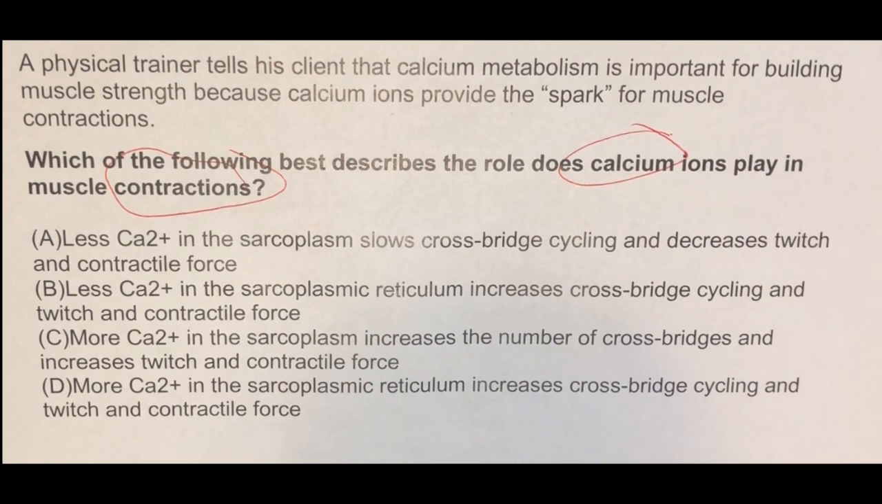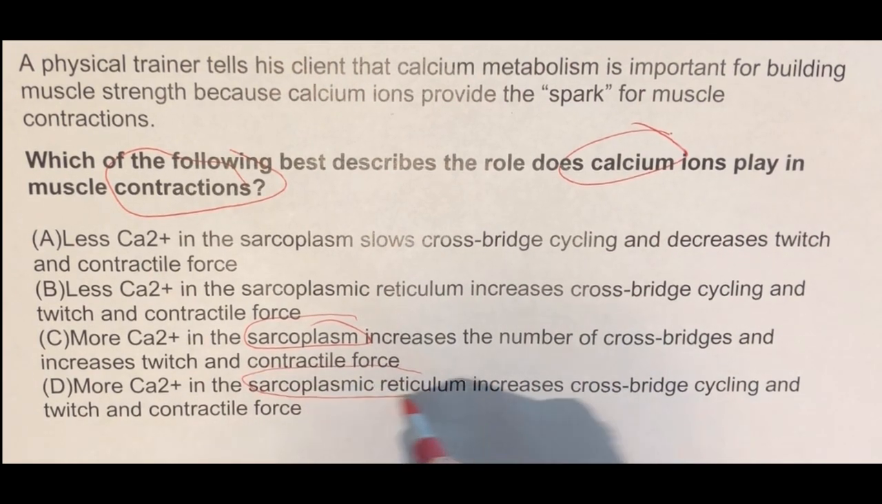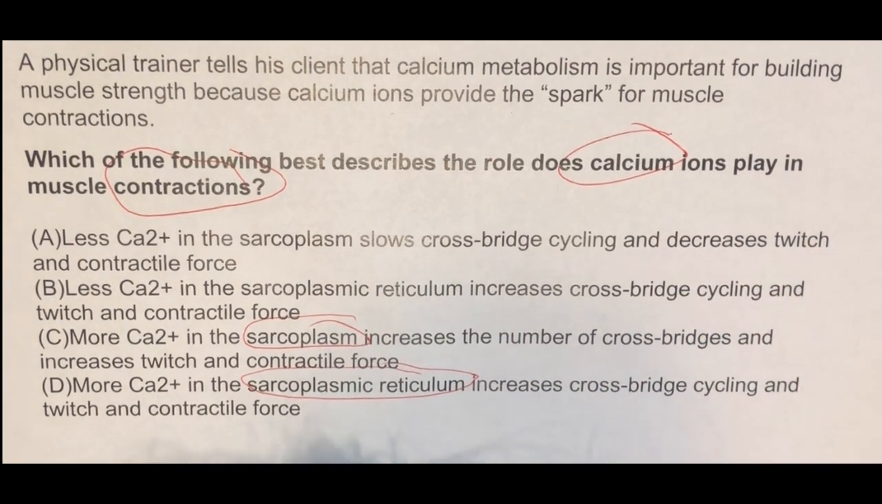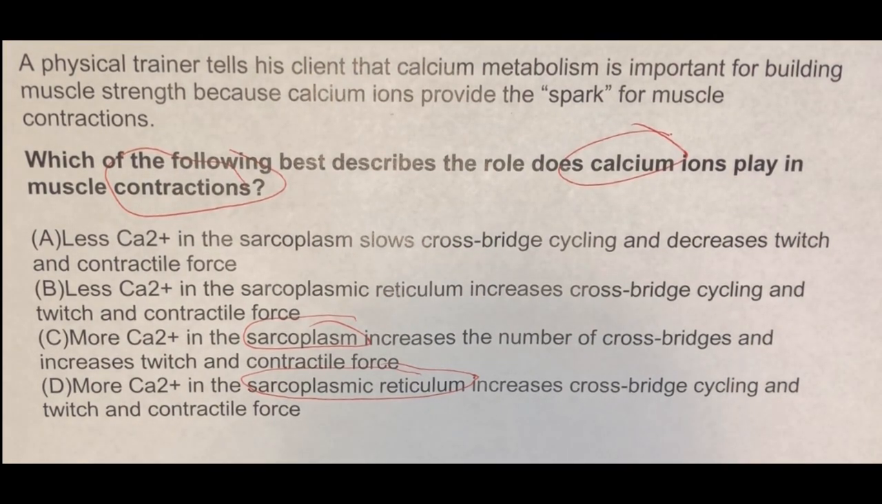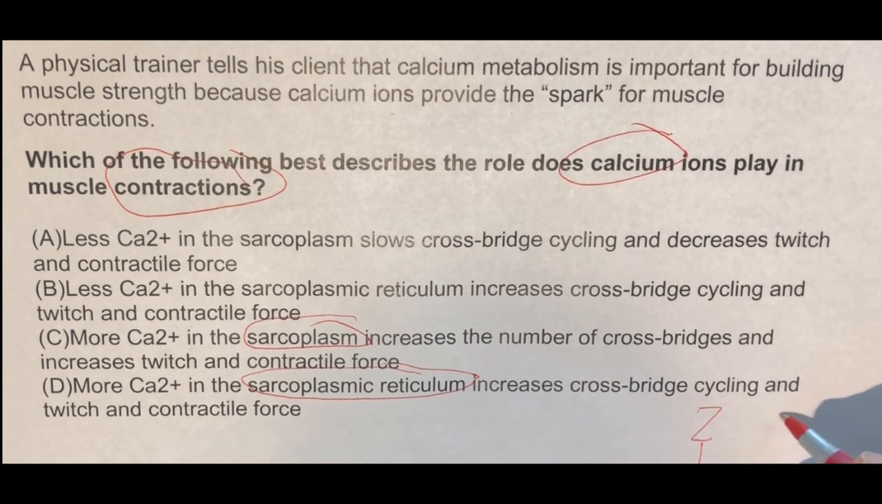So we have C, more calcium in the sarcoplasm, or D, more calcium in the sarcoplasmic reticulum. So it's kind of a play on words, isn't it, where we have to know the difference between sarcoplasm and sarcoplasmic reticulum. So if we look at a sarcomere, which is our contractile unit of the muscle, we have two